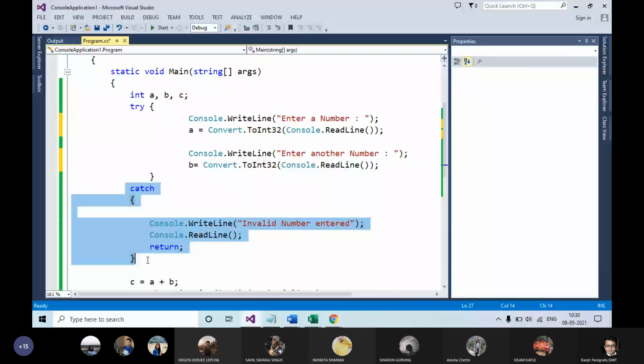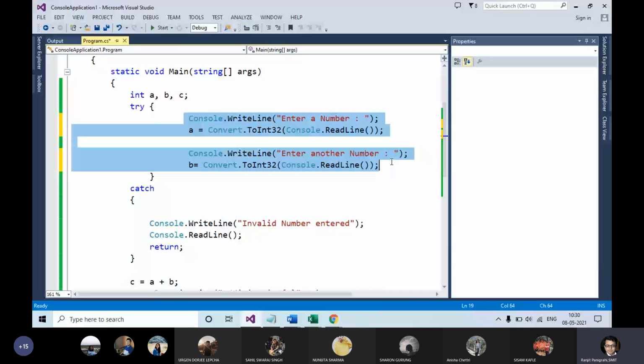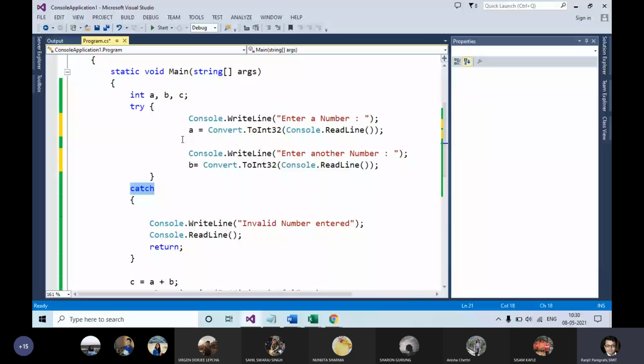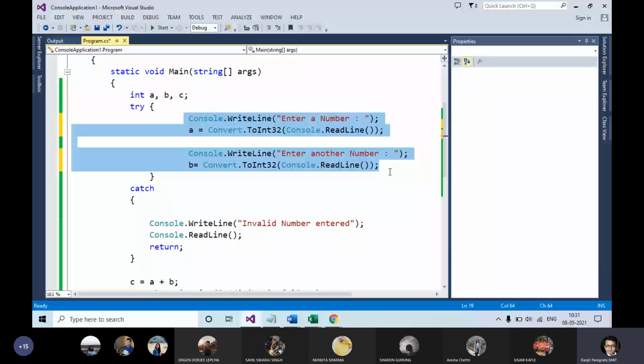So error handling is really required. In error handling, you have to put the source code which is supposed to display some kind of errors in the try block. Then there will be a catch block. In case of any error, an object of type exception is created, and that object is thrown, which will be taken care of by the catch block.